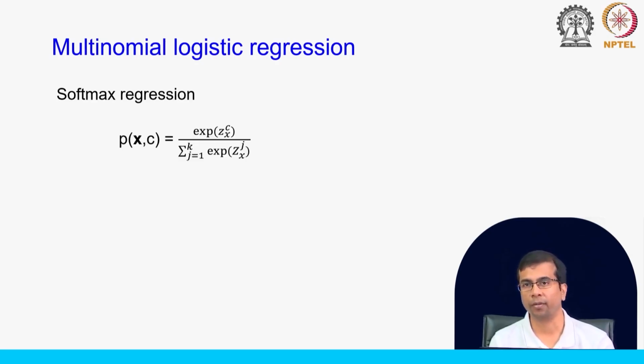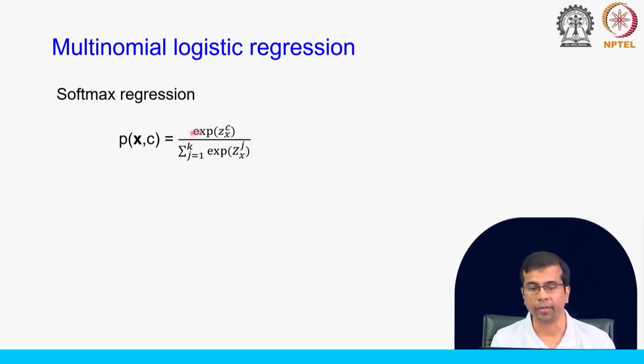So, this is actually quite a simple formula. I will break it down in a moment. What we are measuring again is the probability that a sample with values x, where x is a vector, which is why it is in bold, belongs to class C. That is the probability we are measuring on the left hand side here. So, this is P(C|x), and this is equal to exponential of z_C(x)